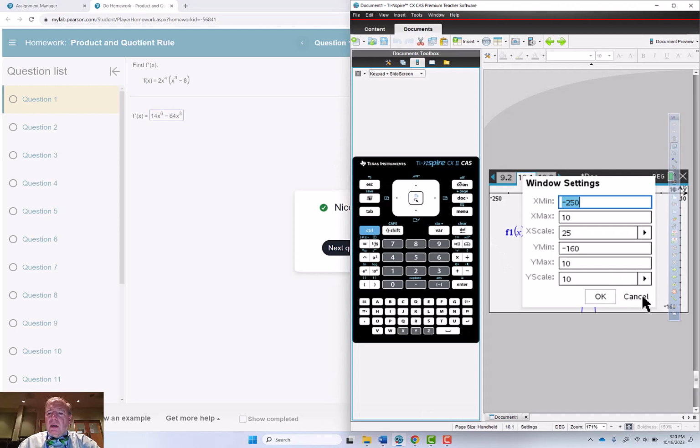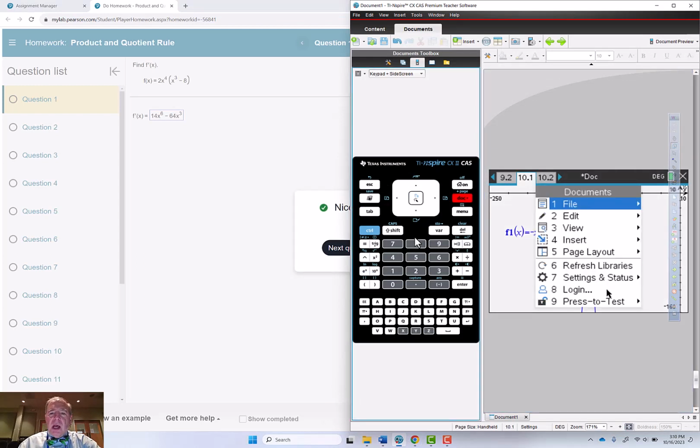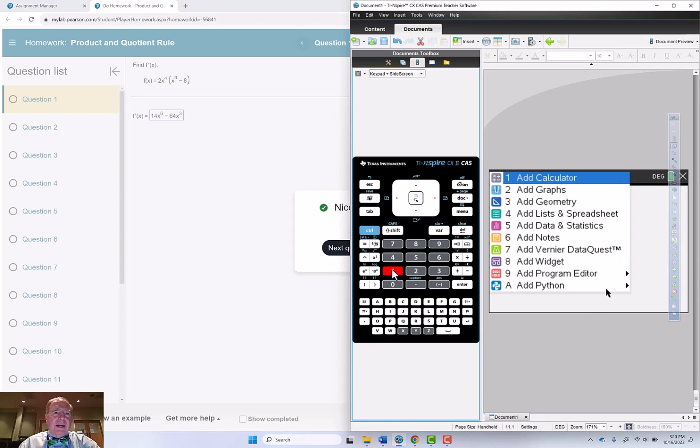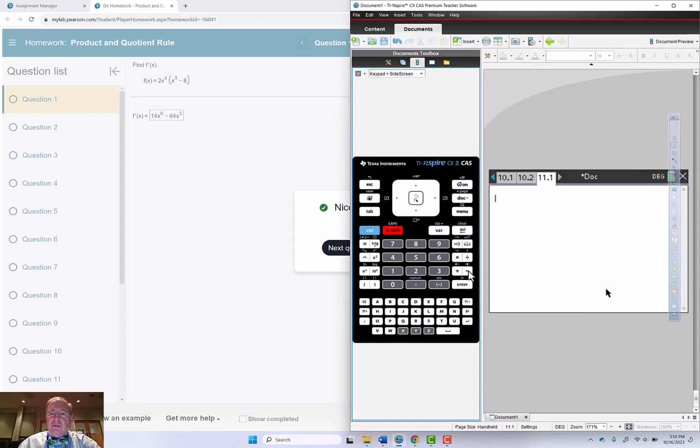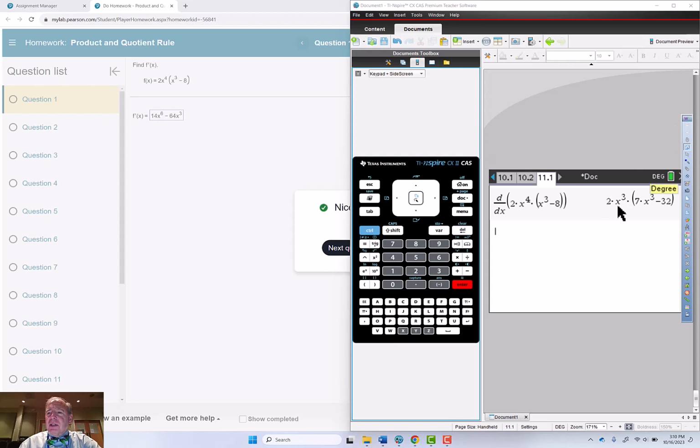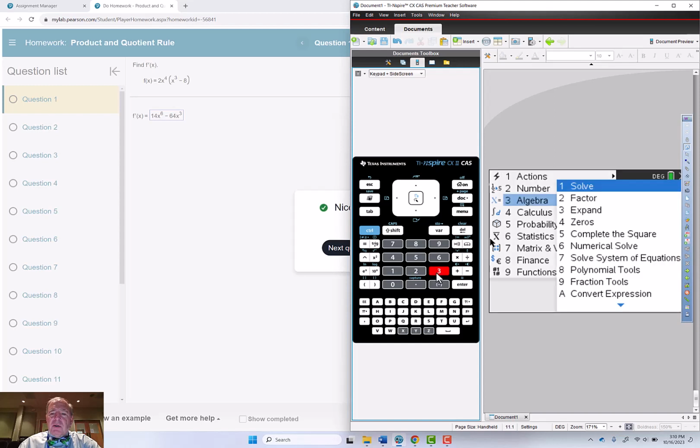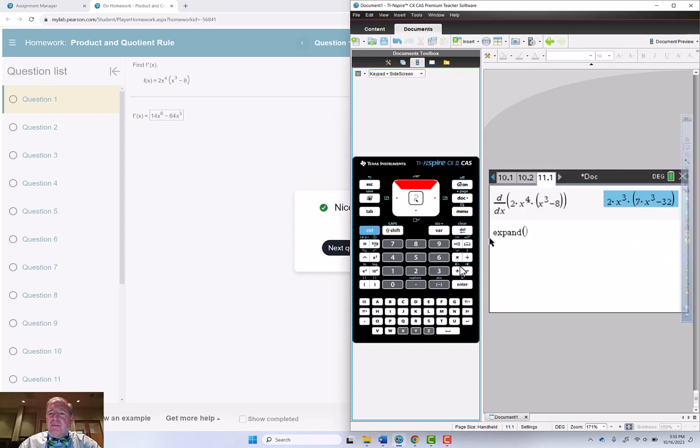Absolutely. I'm going to start a new problem, doc for 1, and I want a calculator page this time. Shift minus to get a derivative. x is my variable. And 2x to the fourth, then times x to the third minus 8. And we don't get exactly the same thing. It's factored out here. So if we go to menu, algebra, expand,